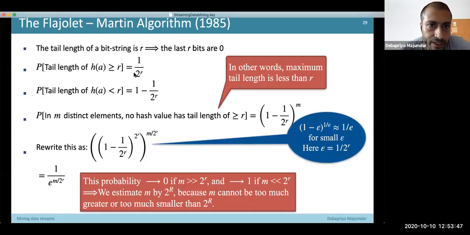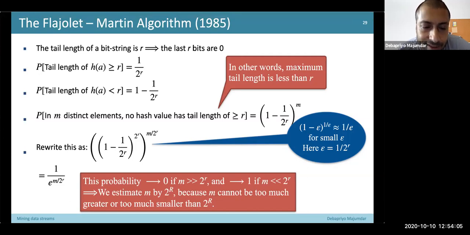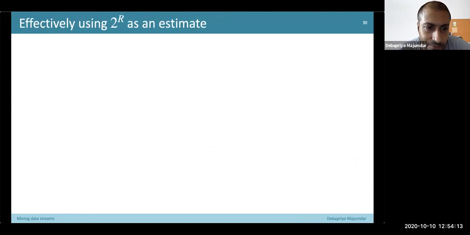So this part we kind of did. We figured, very vaguely, that 2 power r is between what would send the probability to 1 and what will send the probability to 0. So 2 power r can be used as an estimate, but this estimate has extremely high variance. So one hash function will definitely not do a good job in most cases.